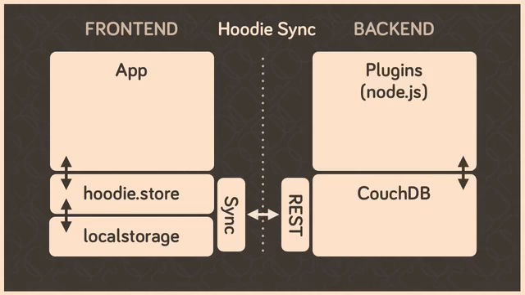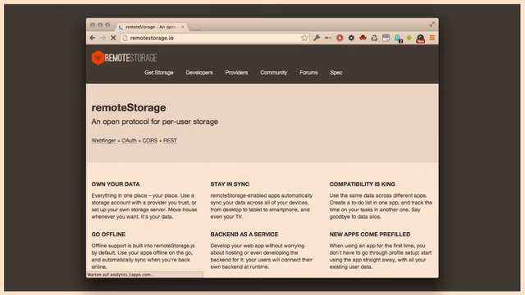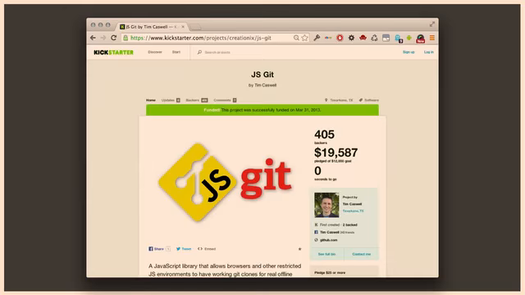So if you want true offline capability, your app can't try to talk to the server directly, only through a syncing engine. And you always want to keep a local copy in browser storage. And sync is hard, really. Don't even think about implementing this yourself. There's just so much to get wrong. So we rely on CouchDB for this, because it's a database that replicates, which is exactly what we want for syncing. But there are other technologies, and quite a lot actually, that you could use: CouchDB, you could use remoteStorage.io. There's even Git for JavaScript. So there are syncing engines. There's a choice. Remember, whatever you do, don't do it yourself, because sync really is the keystone of offline first.